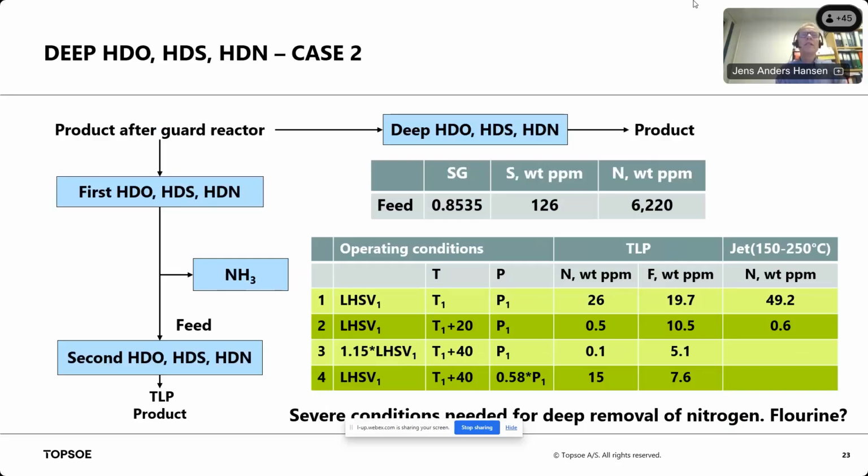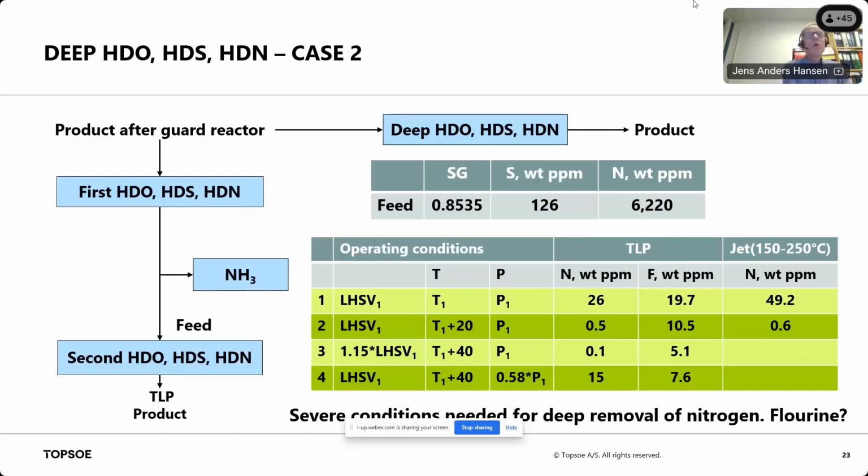If you reduce pressure, it was more difficult. But you can also see fluorine was really a problem here, because you can see that the fluorine was higher than 1 weight ppm here. So this is just saying that we removed some of the fluorine, but you were not able to remove the fluorine down to the requested level less than 1 ppm in this test here.